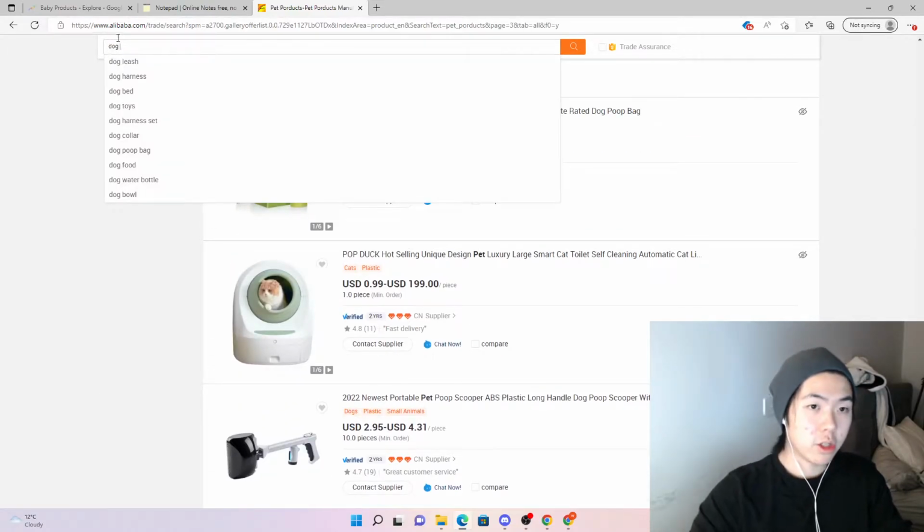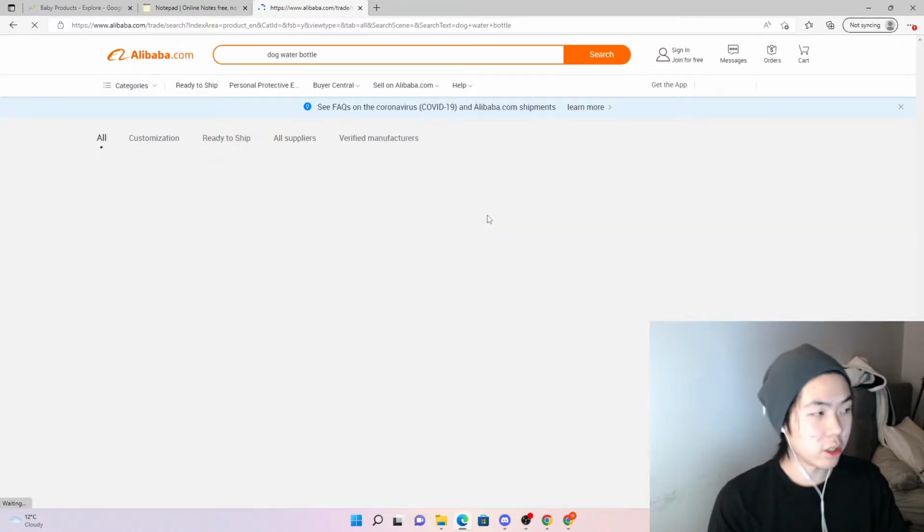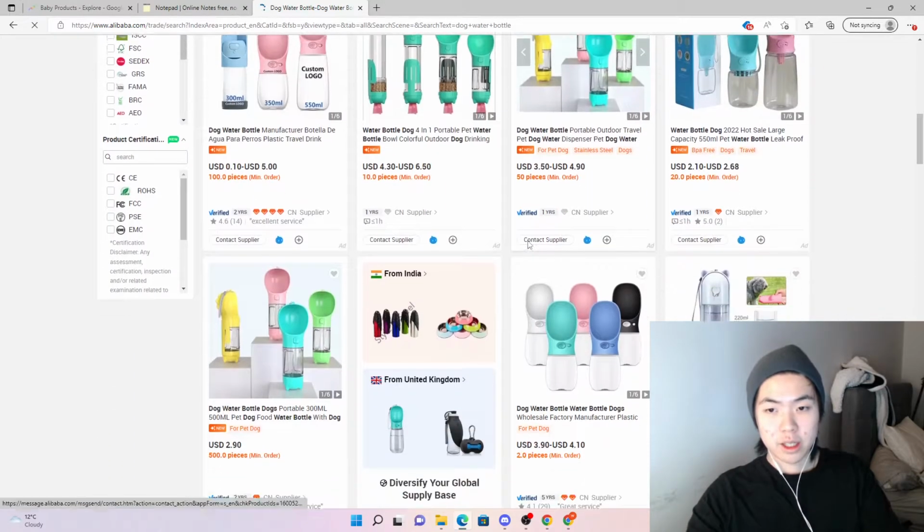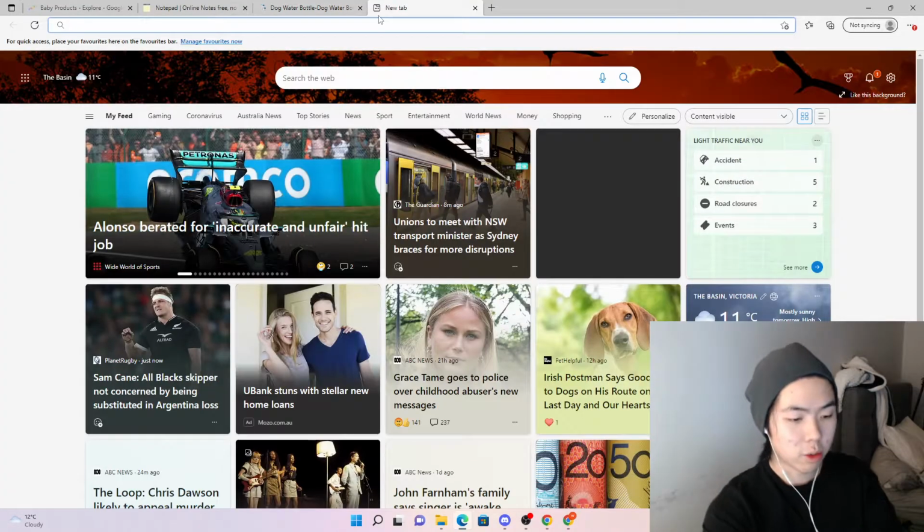Dog. See, if you just type in dog, you can see all the things that pop up. Food bowl, very popular. Dog water bottles, they were pretty popular, I'm pretty sure. It's just like when you walk your dog and your dog's thirsty, you squeeze this button. So you see there's a lot of listings. So if you search up dog water bottle,